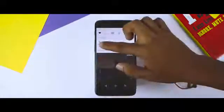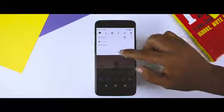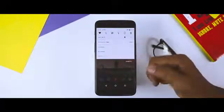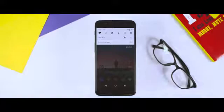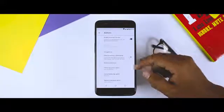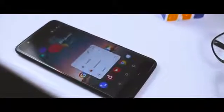Other cool features include notification channel that lets you choose between less useful and more useful notifications for a specific app. Snooze notification that will make the notification go away for a specific time then come right back when the time is up so that you never miss any of your notifications. It also has features like adaptive icons, navigation bar tuner, custom lock screen, and the list is actually quite long. I have made a couple of videos on Android Oreo features and changes that you can watch to get a better